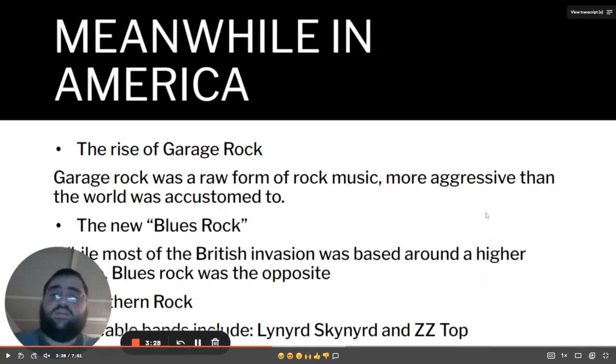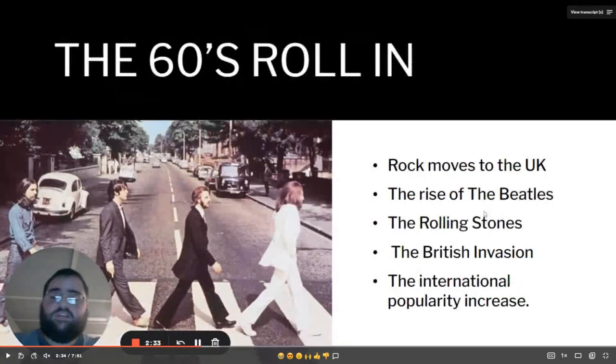As we are roughly at the 3.5-minute mark, meanwhile in America, we're looking at garage rock, blues rock, southern rock. Garage rock was probably more prominent in the 1960s. Lynyrd Skynyrd, ZZ Top, really good examples. And then you've got the iconic cover to one of the Beatles albums. I think that's Abbey Road,